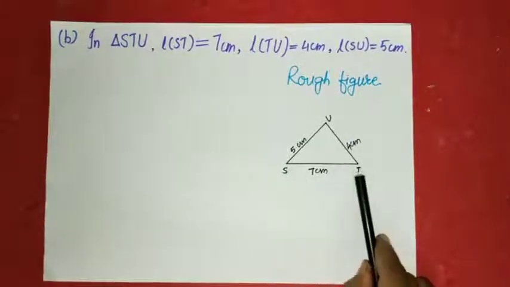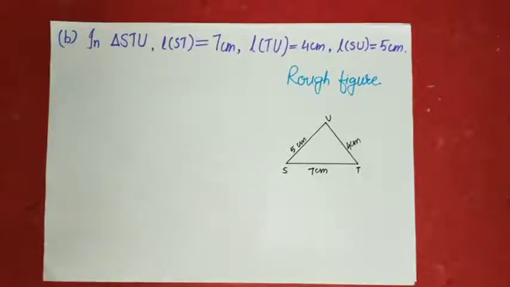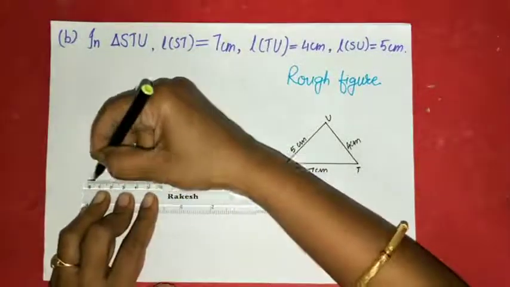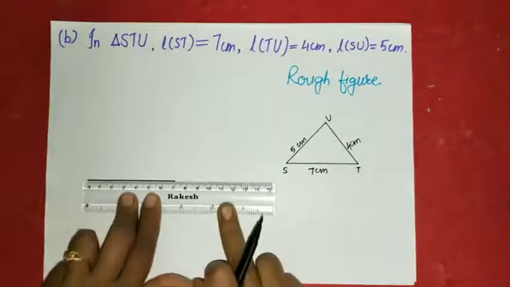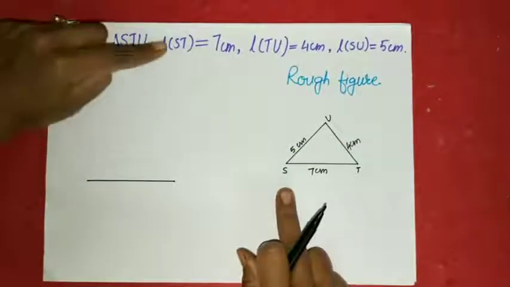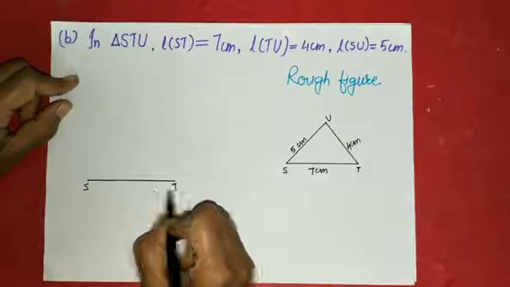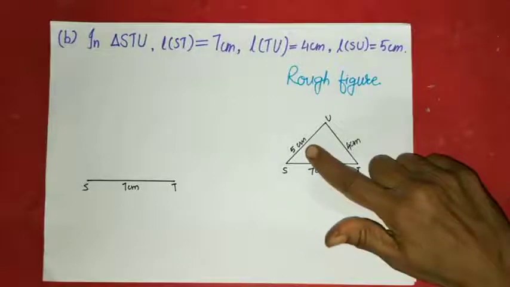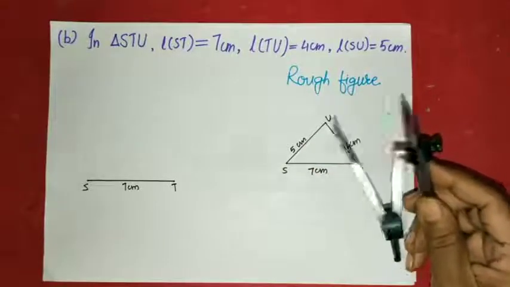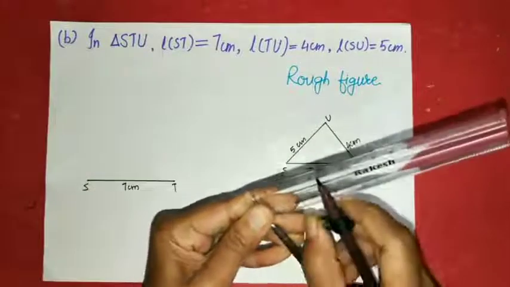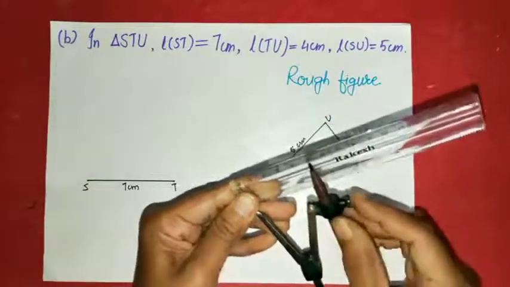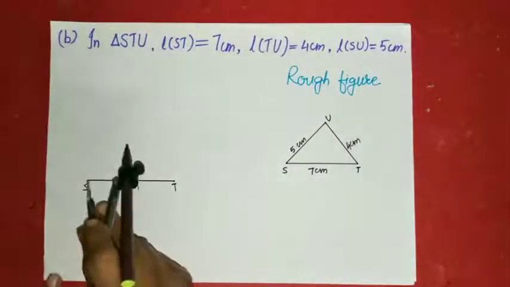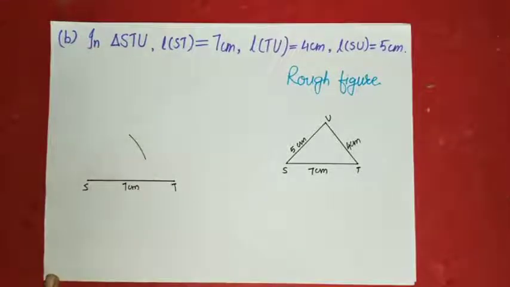Now we will draw segment of 7 centimeter as the base first. From 0 up to 7, you will draw a segment of 7 centimeter. Here the name of this segment is ST. So you will give the name here ST 7 centimeter. Now we have to give the arcs. So again take a compass and ruler. Put your needle end on 0. Stretch your compass or pencil end up to 5. So you will get 5 centimeter in your compass. Put the needle end on vertex S and give the arc like this.